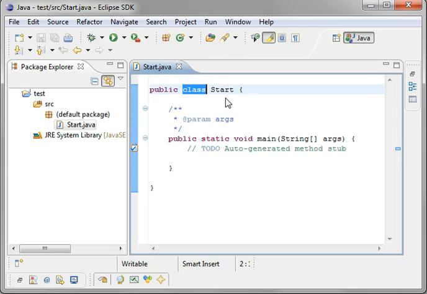Everything in Java is an object. I'm going to repeat that one more time. Everything in Java is an object. It is an object-oriented language, and I mean everything is an object in Java. So before you can run a single line of code, you need an object or a class. The class is a blueprint for that